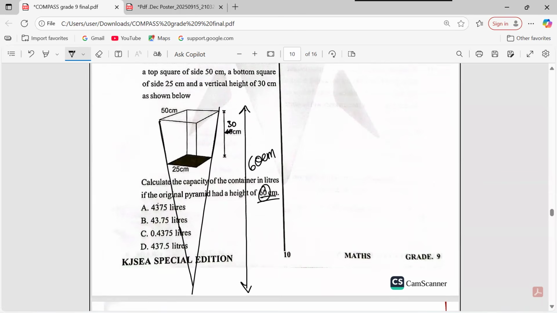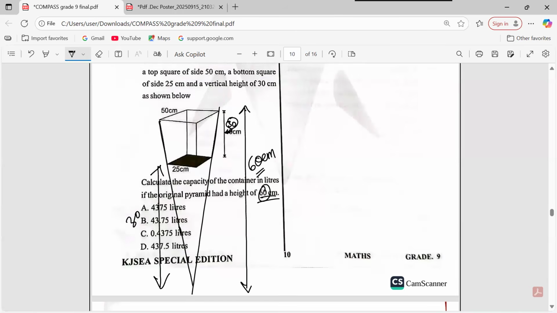Meaning that we can get the height of the smaller pyramid which got slashed off, because we are supposed to cut off a certain pyramid to remain with the frustum. This now, the one which was cut off, you see, that is remaining. Original was 60, meaning that it's 30 that was cut away. 30 was slashed off. And with that understanding now, we can calculate the volume of this particular frustum and hence